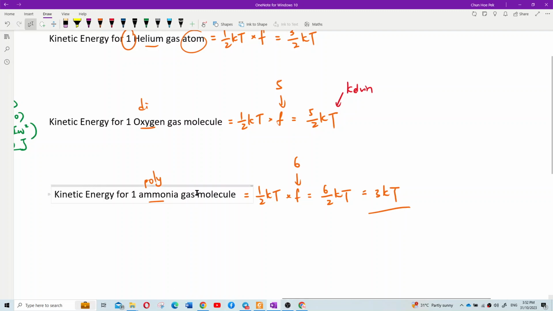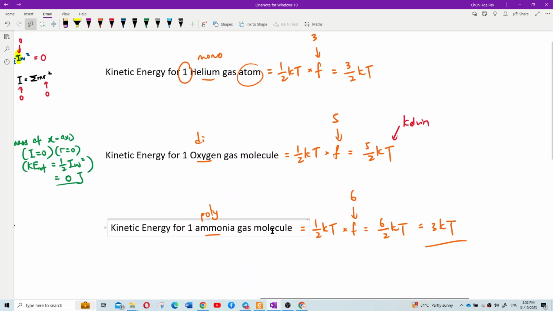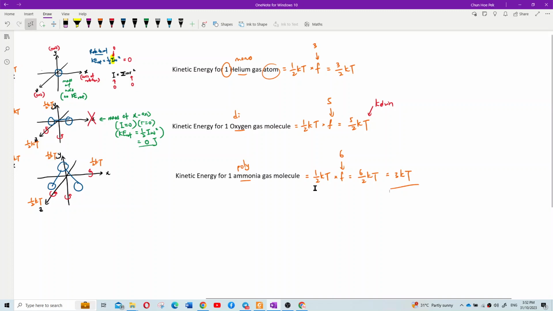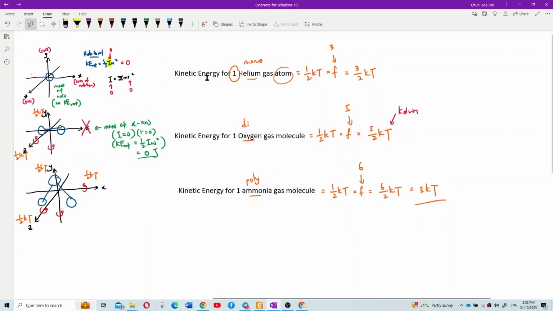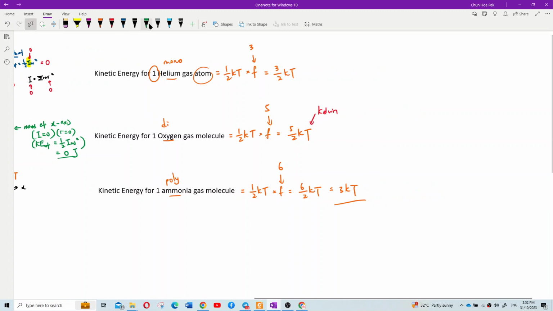That's the kinetic energy for one gas molecule. Understand, class? Now I want to further develop. I'm going to finish my lesson already. Just one moment. So now you have kinetic energy for one helium, for one gas molecule. So in short, what I want to say is